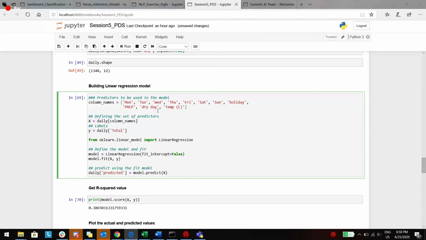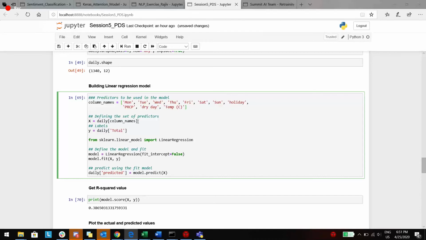So when we include these variables in the prediction, we are including the weekday flags, day of the week flags and holiday flag, along with the precipitation level, whether it is a dry day or not, and also the temperature, to predict the total bikes.